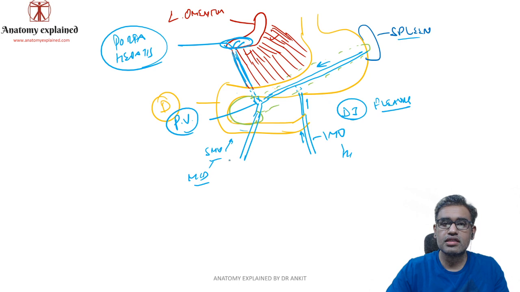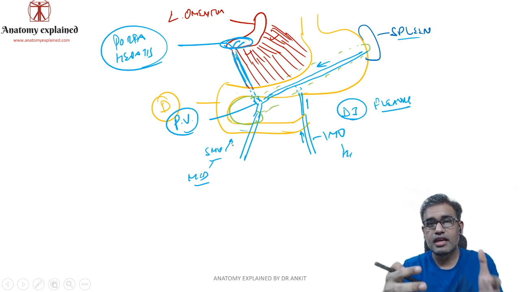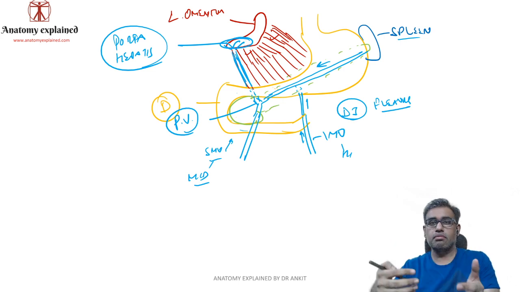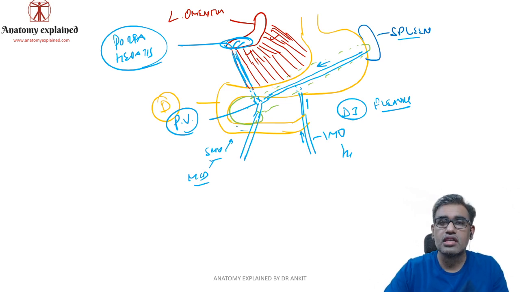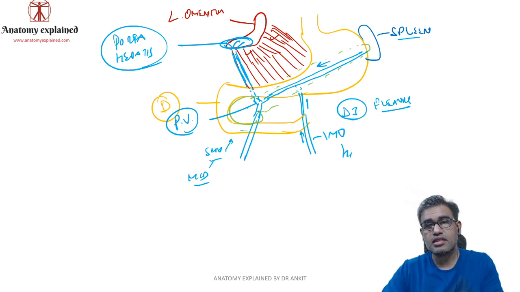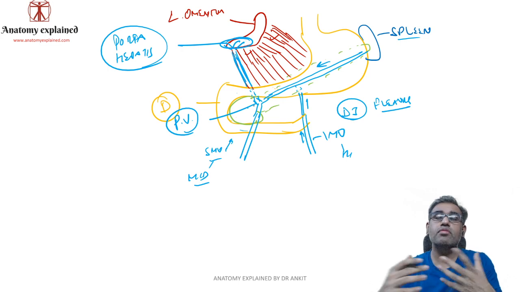But you have to understand this, that first the blood was coming from the gut part, which is lying anteriorly, into behind the pancreas, that is posteriorly. So first, all the nutrients which are absorbed went from anterior to posterior behind the neck of pancreas. There they met and they formed the portal vein.